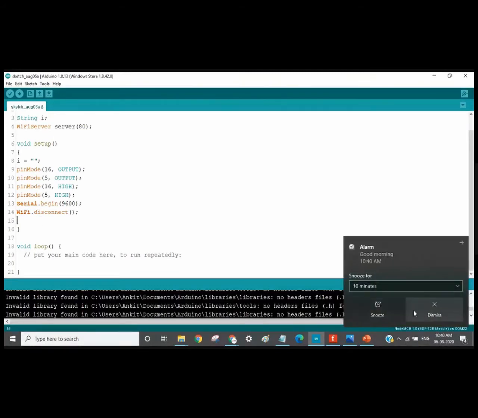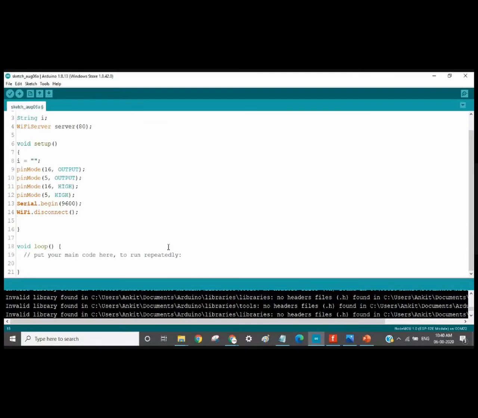Pin mode is only to set the pin for input or output. It's correct, but we need to turn on or turn off by using the digital write, right? It's clear? Yeah, sir. We can do it by digital write also, or else you can do it by pin mode also. Okay, thank you, sir.